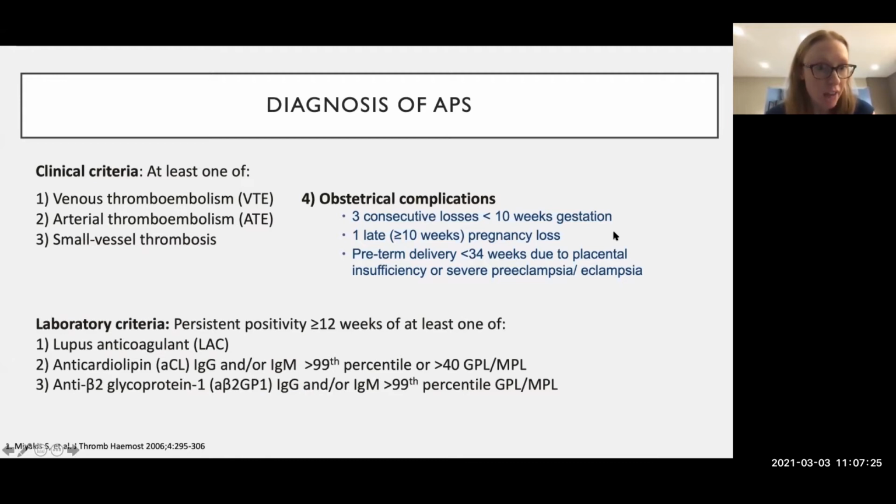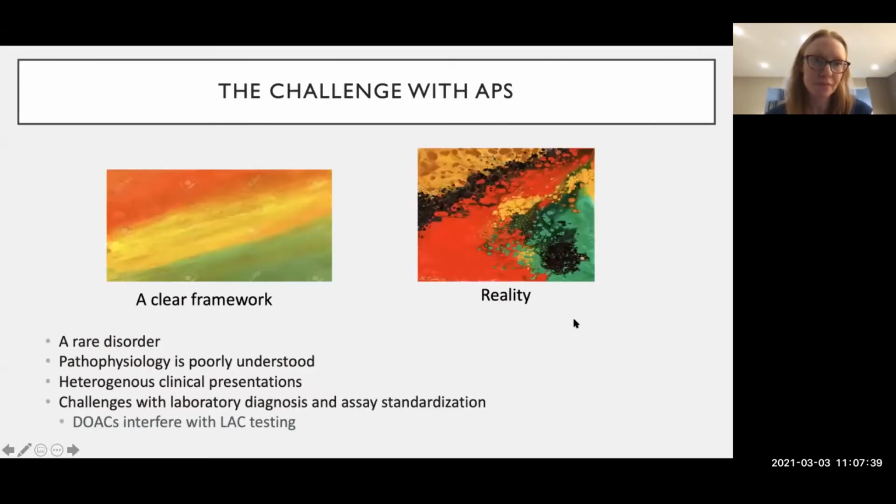In addition, you need persistently positive lupus anticoagulant as defined by the ISTH criteria, anticardiolipin, or beta-2 glycoprotein, with varying cutoffs. While this seems like a very clear framework that we can follow along the lines to see if this patient does or does not have APS,